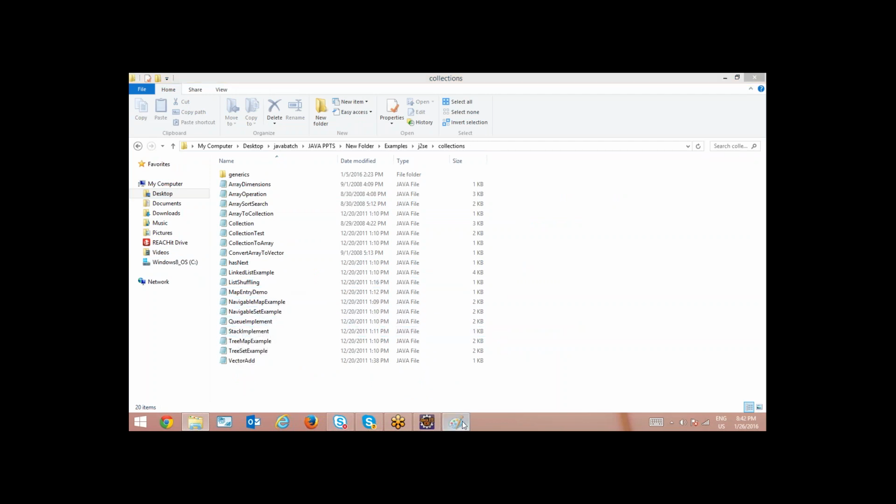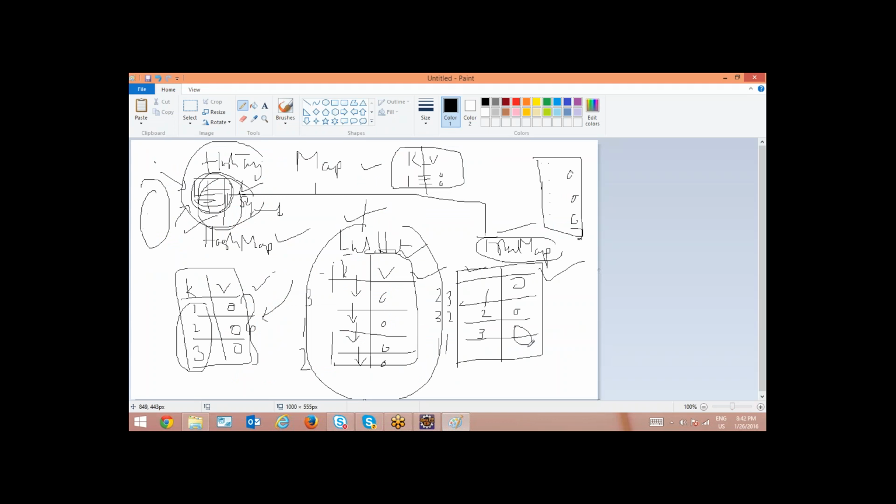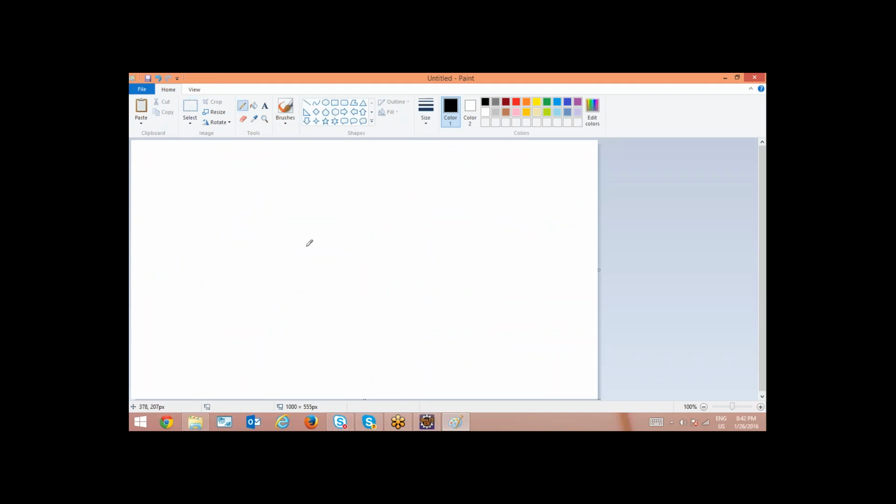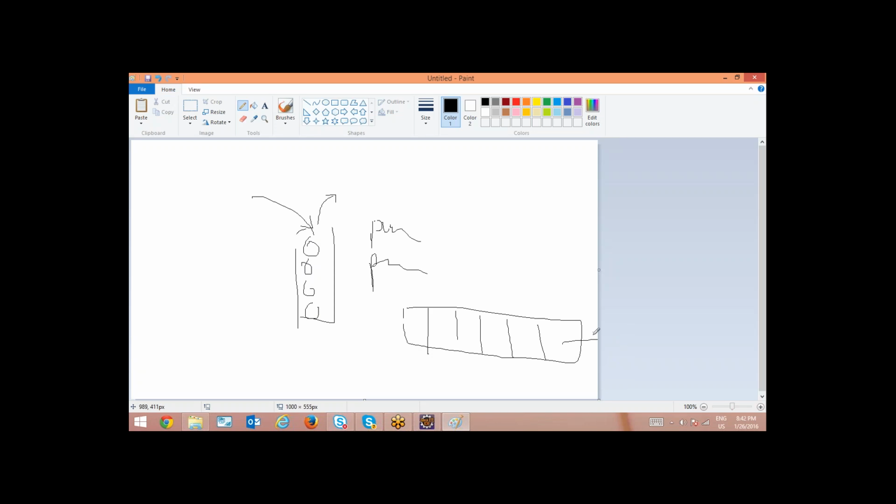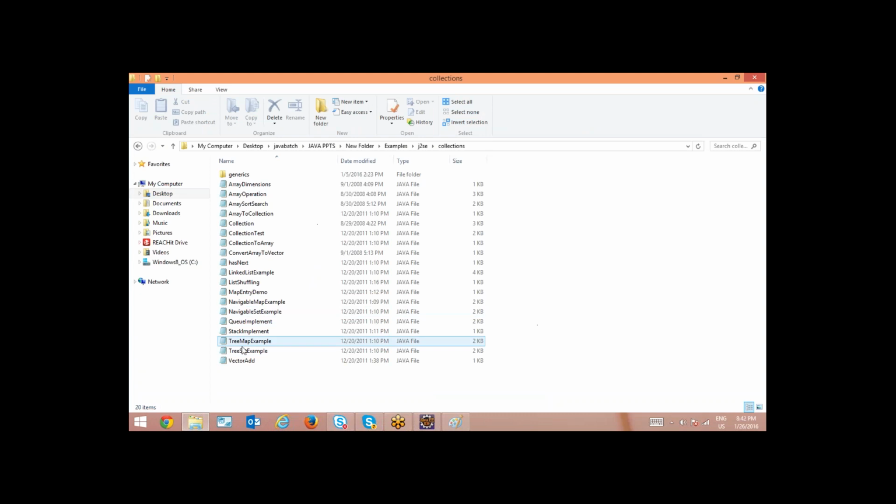A stack also comes under list, a collection of objects, but whenever you store into a stack, you can perform last in first out. You will have additional methods called push and pop. That is called a stack. In the same way, you have queue. Queue always works first in first out. So those examples are also there in the same package, you can observe.